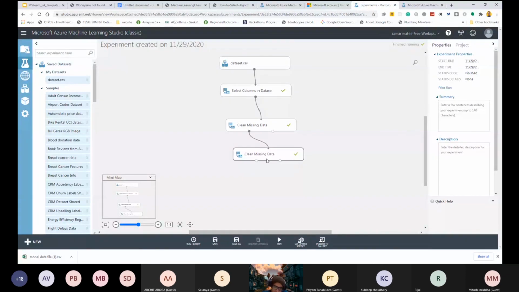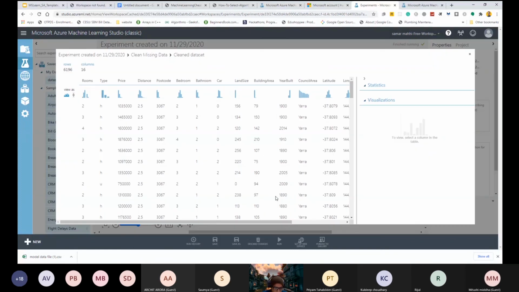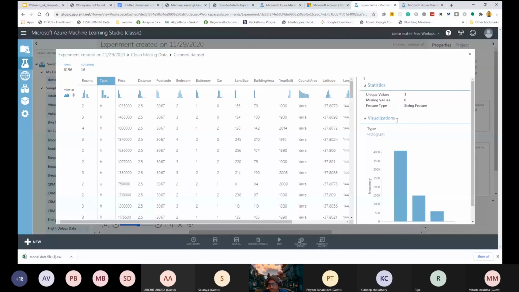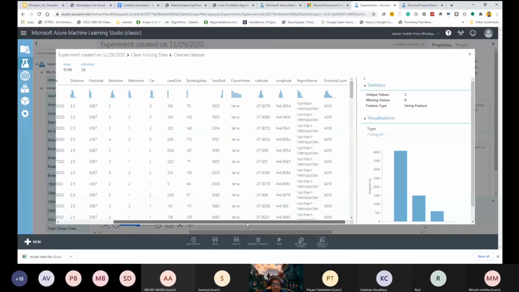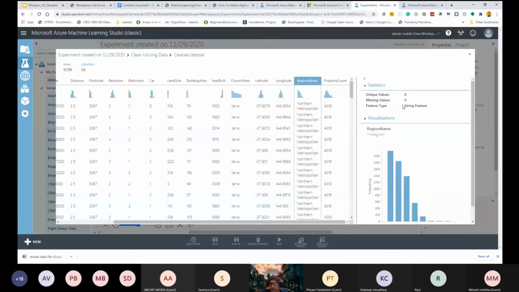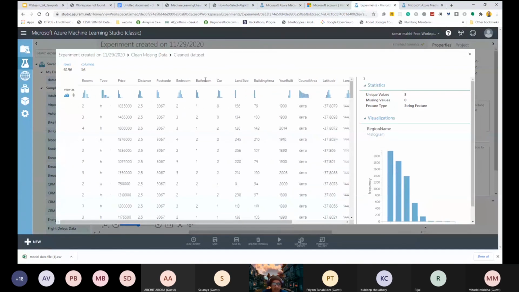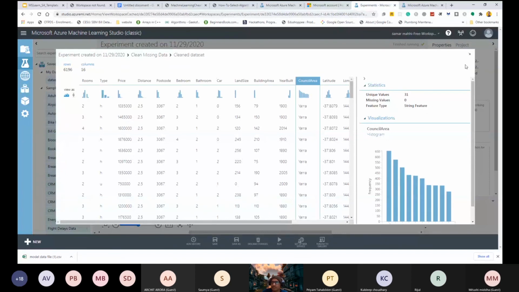So after clearing the missing data, we will edit the metadata. Let me show that visualize part again. Yep. So here you can see in the type part, our type is a string feature. And the rest, if we look at region name, they are also string features. And one more thing is council area, it is also a string feature.